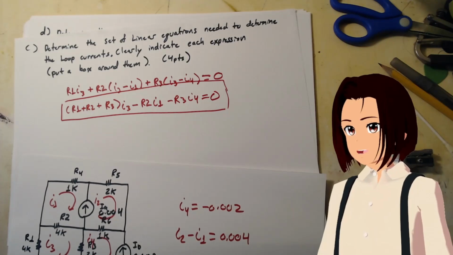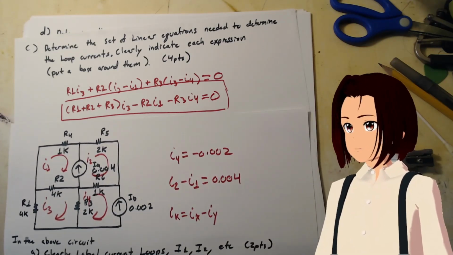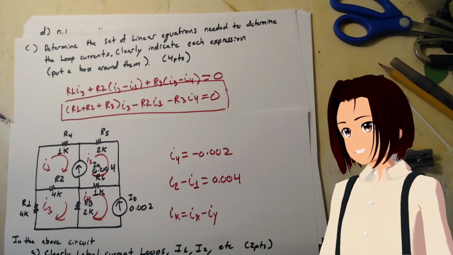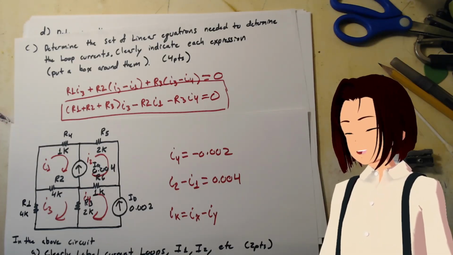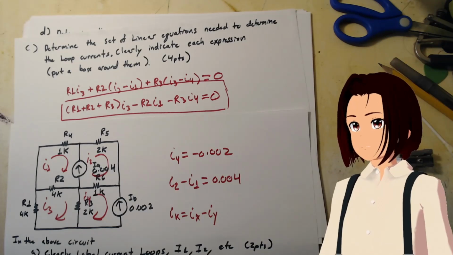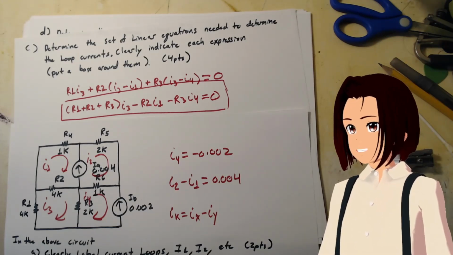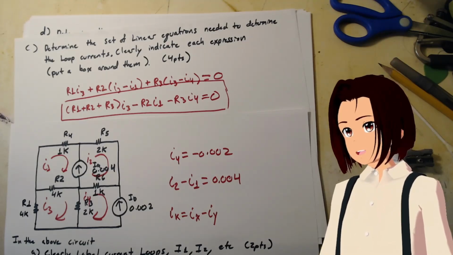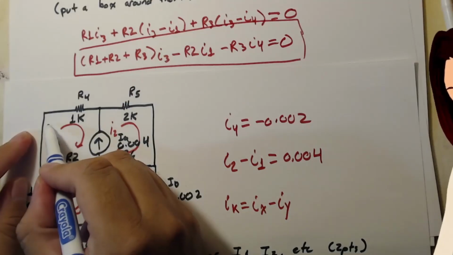Now, to find the other equation, what are we going to do? The question is clearly asking us to do mesh analysis. And we know with mesh analysis, if we have current sources, it makes things a little bit more difficult. So since the question is basically forcing us to use mesh analysis, it will help if we use a supernode method to calculate the second equation. Basically right here,